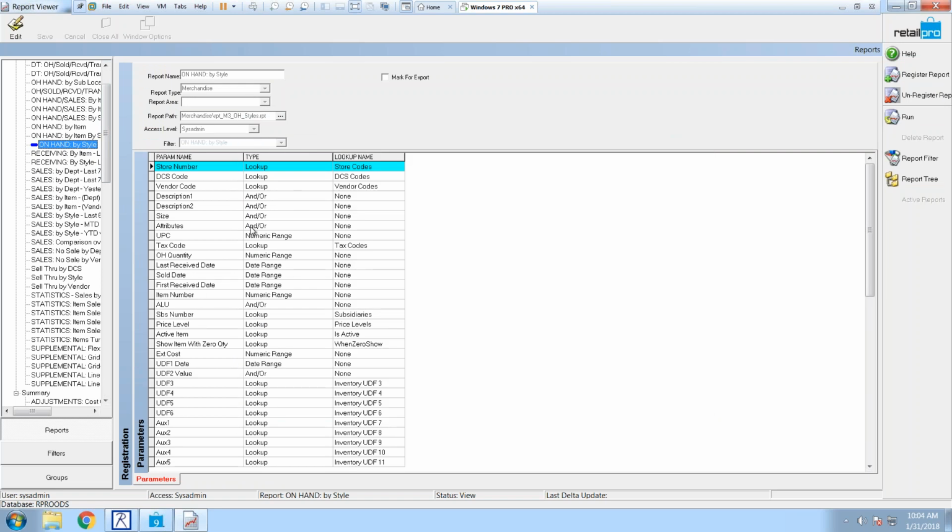They do work great for a lot of small clients, or clients who are okay with the stock reports in here. It covers 90% of the data that you're going to need from the system. But if you're one of those 10% that needs something, or a report that prints in a specific way, we